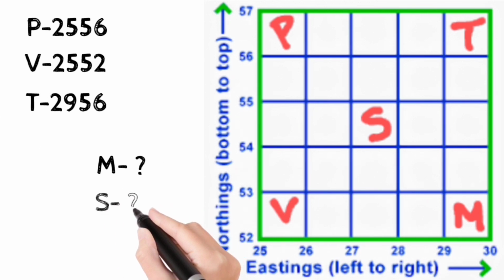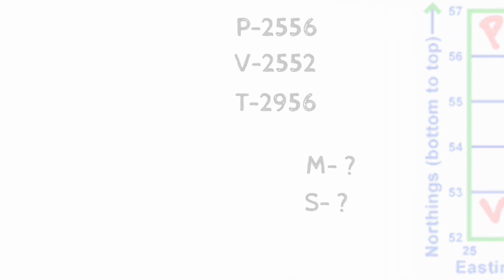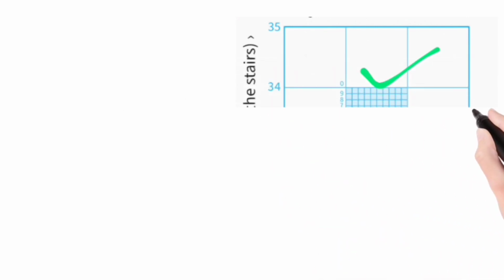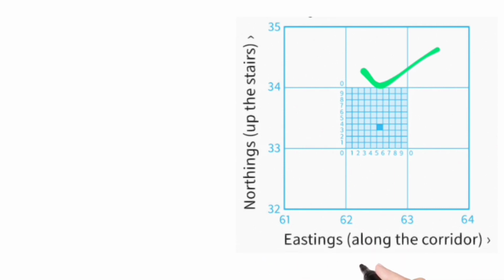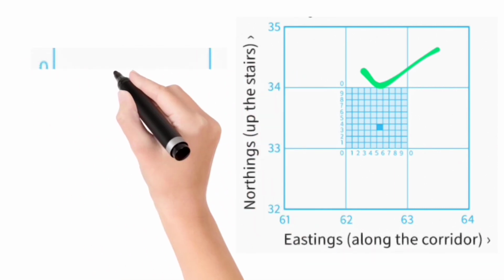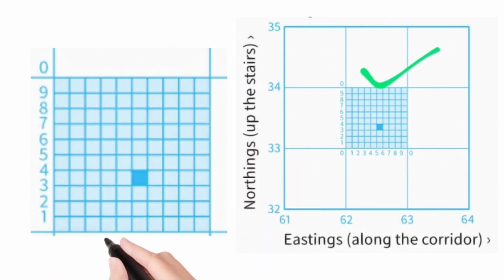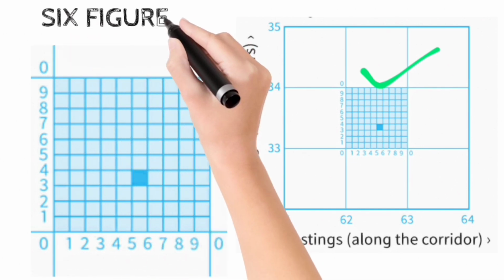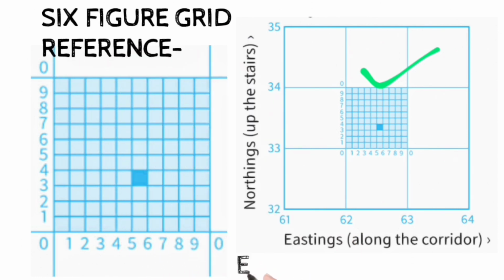Now it's time to know about the 6-figure grid reference. As we know, it tells about the exact location with greater accuracy. 4-figure grids are divided into smaller divisions for this purpose. So first get the 4-figure reference and then divide each kilometer, meaning divide the northing and easting into 10 equal parts, exactly the way shown here. 1 to 10 smaller divisions of easting and northing lines. And remember, after 9 it must be 0, not 10.